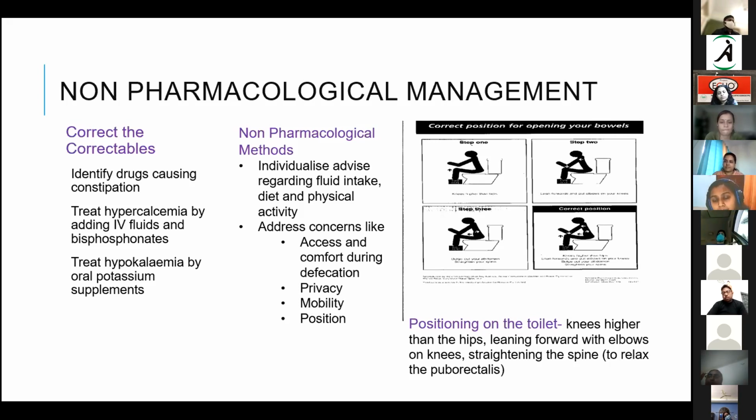But you might prescribe a laxative, and the next day you realize the patient has still not passed stool. Why? Maybe the reason is the patient is bedbound, has issues with regard to privacy, and is not comfortable passing stools while people are around. So it's important that we address that aspect and rule out that cause before we just go on treating.